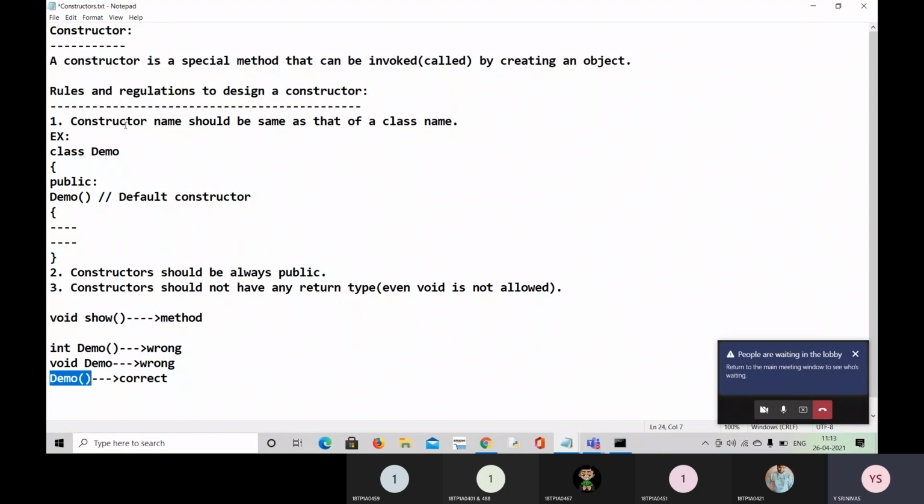So first point is constructor name should be the same as that of the class name. Second point is constructor should always be public. Third point is constructor should not have any return type. Even void is not allowed. Yes, you got it. Now the fourth point, another important point, that is